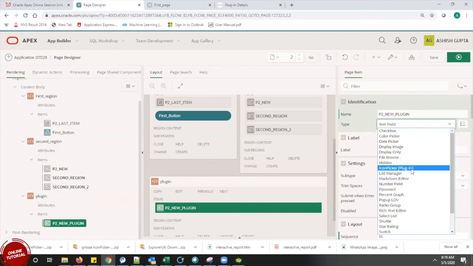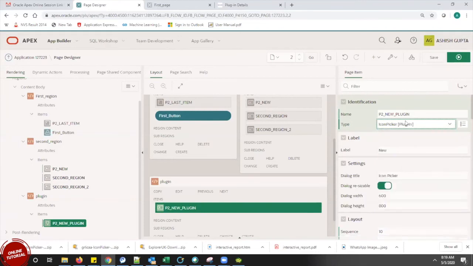For a dynamic action, at the time of creation, we can see this plugin. And so I am taking this plugin as of now. My label would just be icon.